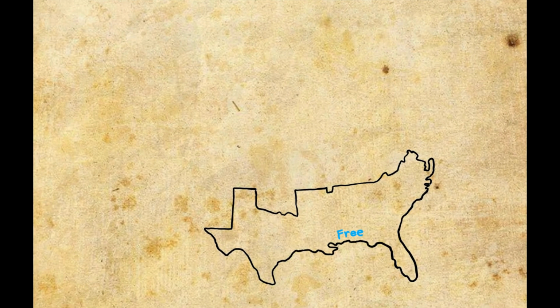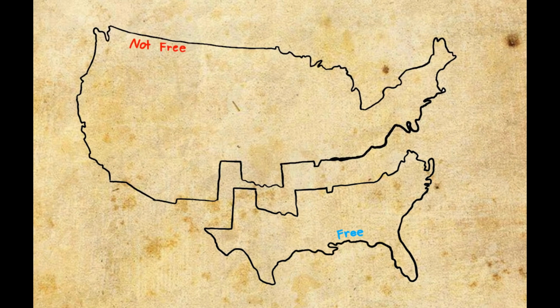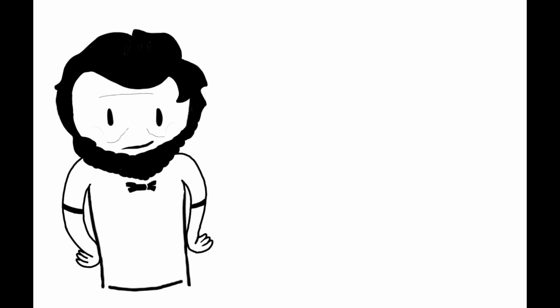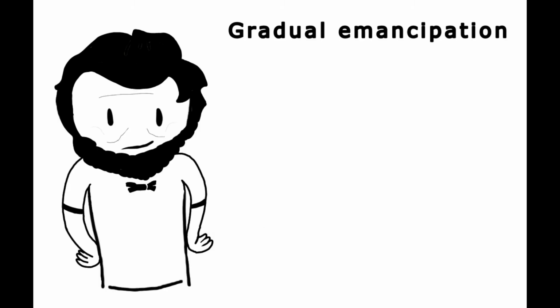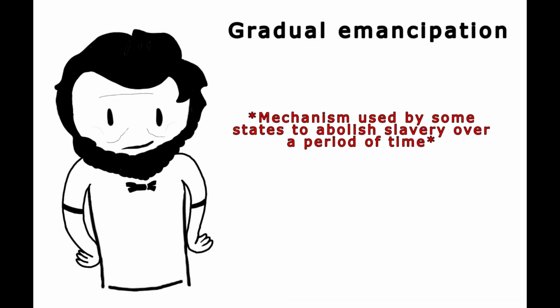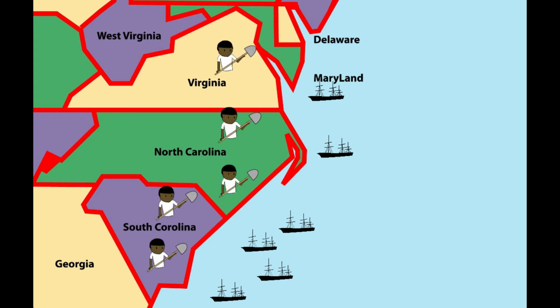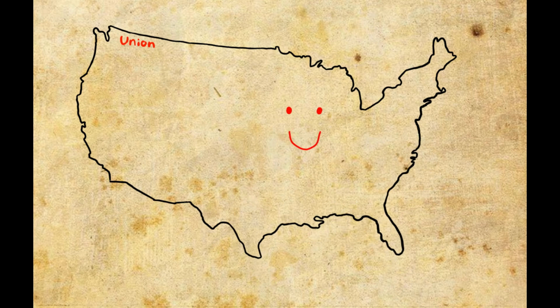Under the Emancipation Proclamation, slaves in the southern states were freed, while slaves in the northern states were not. There are two main reasons why Lincoln does this. Number one, Lincoln believed in gradual emancipation, meaning that he didn't think it would be a good idea to free the slaves all at once. Number two, he also only freed the slaves in the South as a tactical advantage. Naval blockades were not proving to be successful, but if he can destroy the Southern economy by freeing slaves, which the South relies on, then he can force them back into the Union.